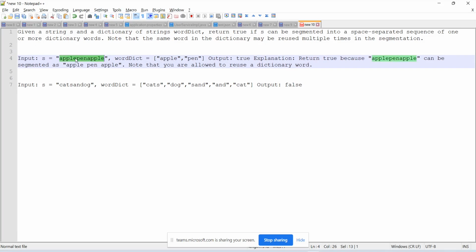So let's assume apple pen apple is there, and we start iterating from A, not A, from B, and we divide it into two parts. Check if it is present in the dictionary. So 0 to i and i to size. If it is true, that means it is done. Otherwise,